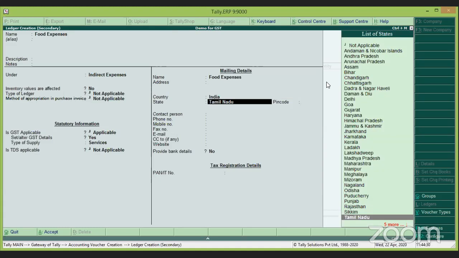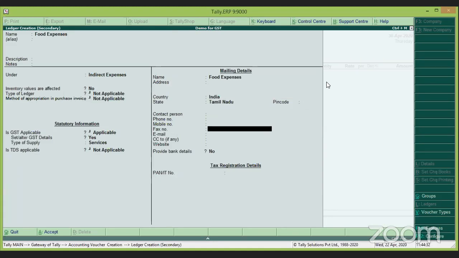Any doubt you can ask me. The ledger which you have created is food expenses. Whatever the expenses and ledgers I have created, I have not configured any tax percentage at the ledger level. But now for food expenses, I have configured the HSN code and the tax percentage at the ledger level itself, because the tax percentage